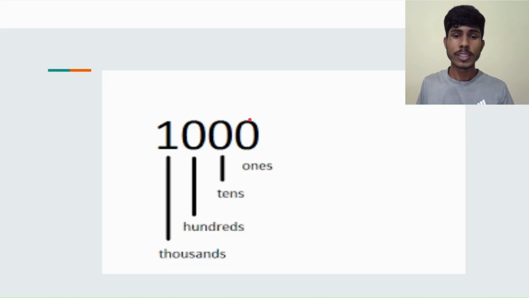So the rightmost digit is in ones place, and the next digit towards left is tens place, and the next digit towards left is hundreds place, and the next digit towards left is thousands place, and it will keep on increasing like ones, tens, hundreds, thousands, 10,000, 100,000, million, just like that. Okay,